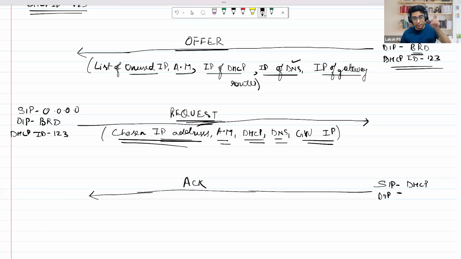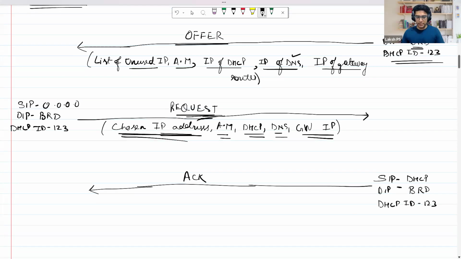The acknowledgement is not yet received by the PC, and hence again the destination IP is going to be broadcast with a DHCP ID of 123. Once this acknowledgement that the PC can use the chosen IP address, the chosen address mask, DHCP, DNS, and gateway router's IP address reaches the PC,